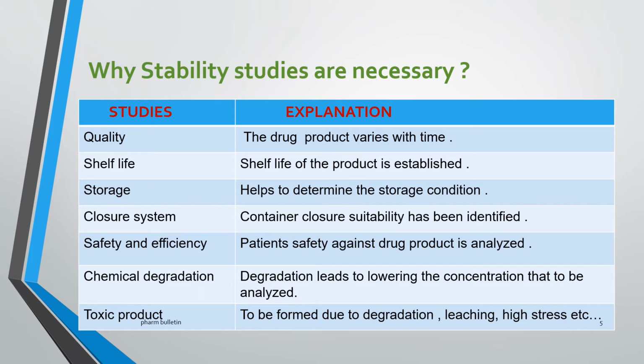We have seen the uses of stability studies. Why do we need to study them, what is the necessity? The main thing is the quality of the product. We need to know about the quality of the product because it is very important, as quality is nothing but the standard of the product. To know about the shelf life, storage efficiency and toxic products, the major necessity in stability studies is to get a proper product.